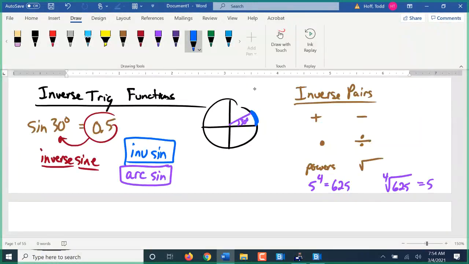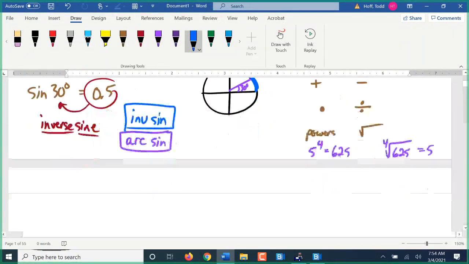That would actually be pi over 6 radians, the length of that arc. And we could define that angle to be pi over 6 radians. So in arc sine, that's what it's referring to, going back to the length of that arc to get the angle. The most common notation that you see, at least in mathematics,